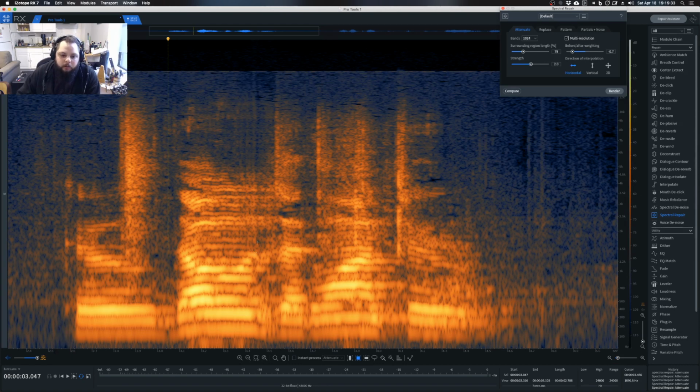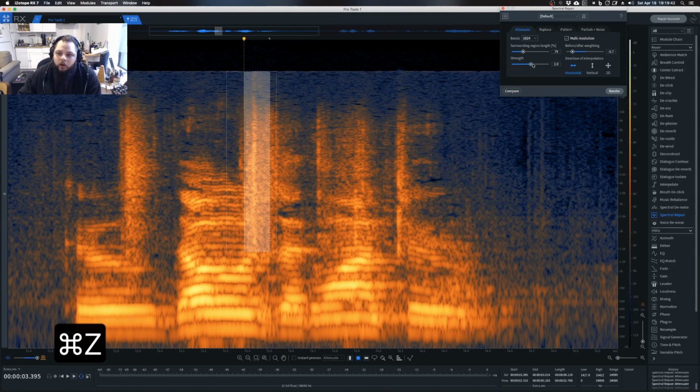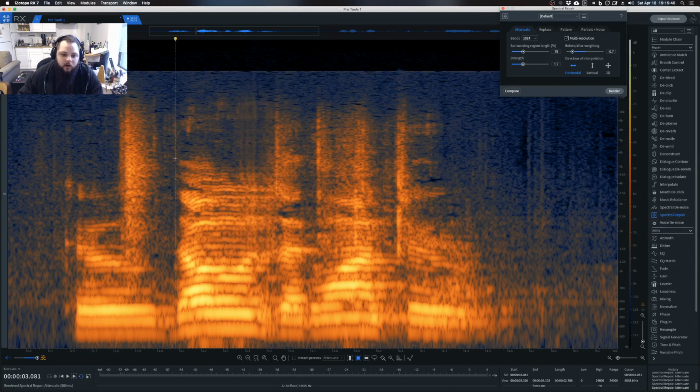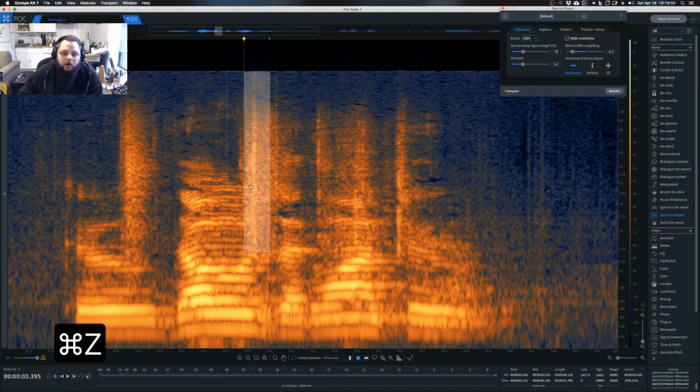We heard a little bit of messiness here, and that was some artifacts left over from this operation. There's a couple ways we can fix that. One, I can turn down the strength of this, make it 1.2 instead of 2.0. Play it. That's a little bit better, but we also have a pretty wide selection window here. So if we switch to our brush tool